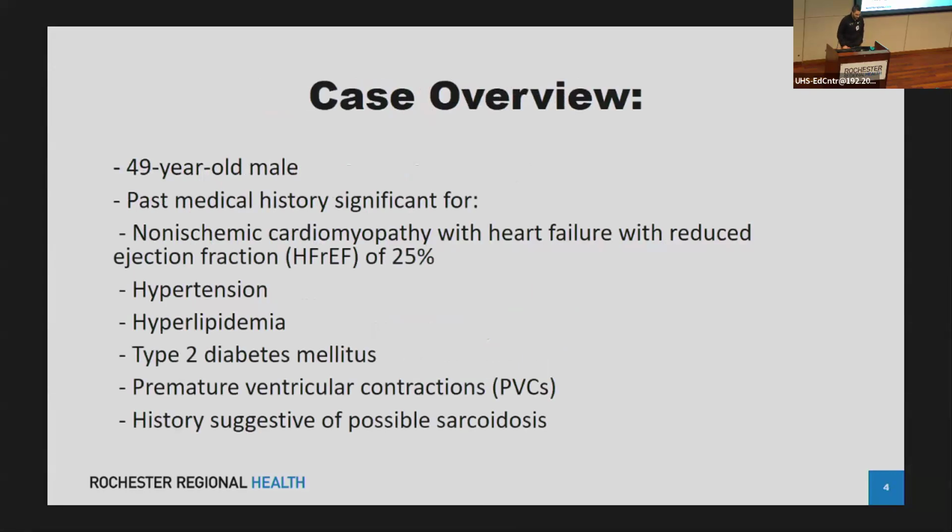So I'm going to start with a case review of a patient, followed by some review of guidelines. So this was a 49-year-old male with a past medical history significant for non-ischemic cardiomyopathy with heart failure with reduced ejection fraction of 25%, hypertension, hyperlipidemia, type 2 diabetes, premature ventricular contractions, and a history suggestive of possible sarcoidosis. The patient presented to Unity Hospital with progressive shortness of breath that began prior to Thanksgiving and